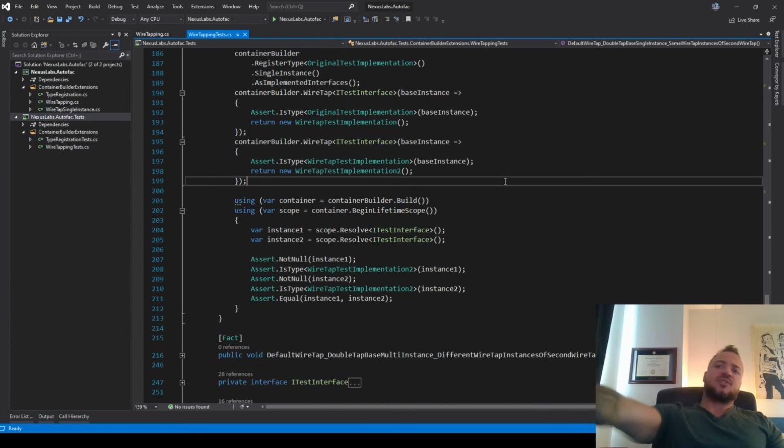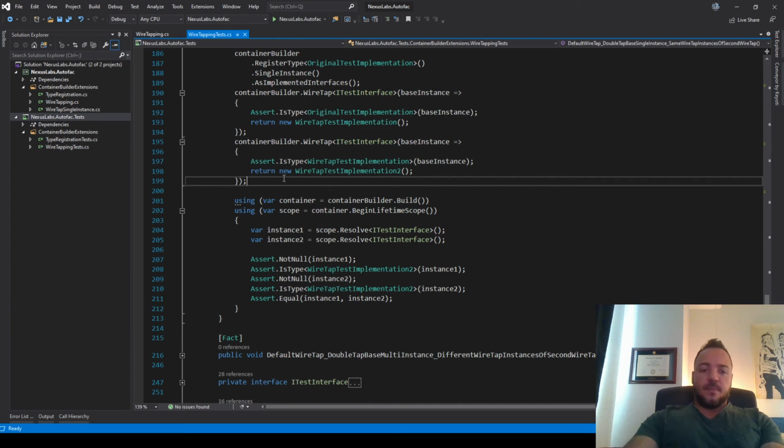I'm stopping this. I think that I can change up the code, maybe alter the API a little bit, and actually say whatever wiretaps existed, kill them off. We're going to replace it with a new one. So I think I can write that. If I go to do that, I have all these tests in place still, which is great. I can make sure that I'm not breaking any functionality as I go to add new functionality.